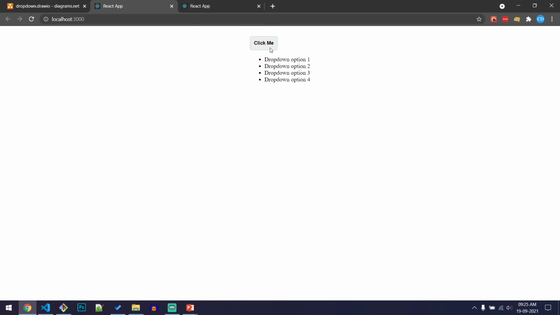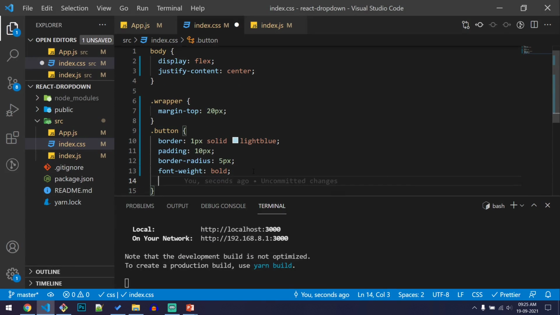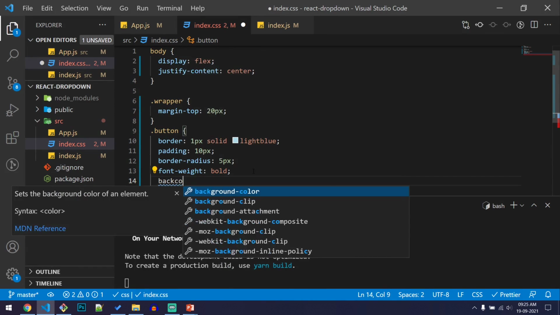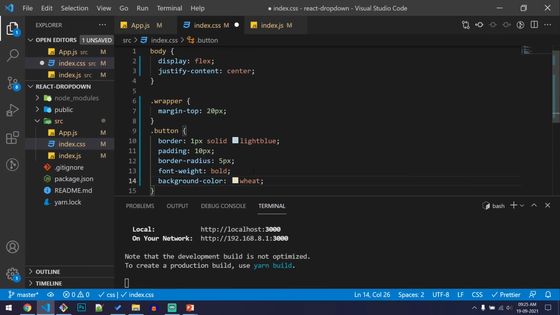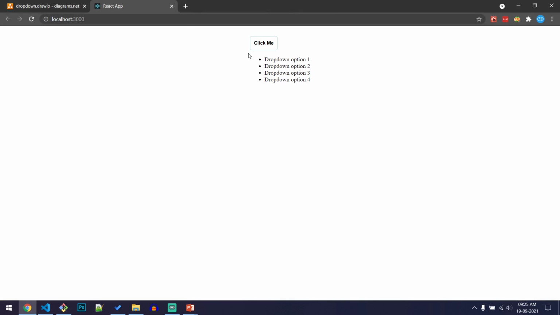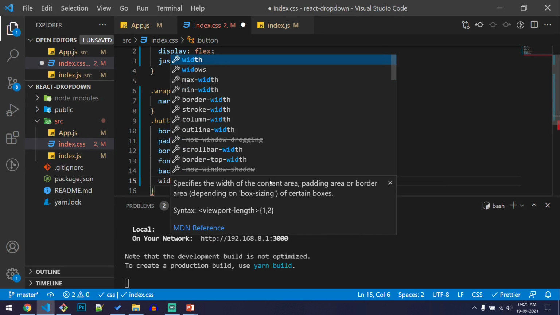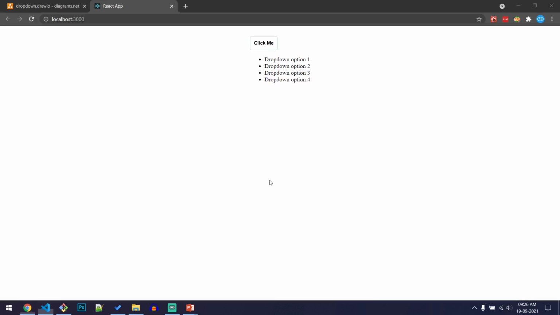I don't like this gray background. I want the background to be white, so let's say background color as white, not wheat, white. Now let's make this button wider so that it aligns with this dropdown. So let's add a width of 140 pixel.